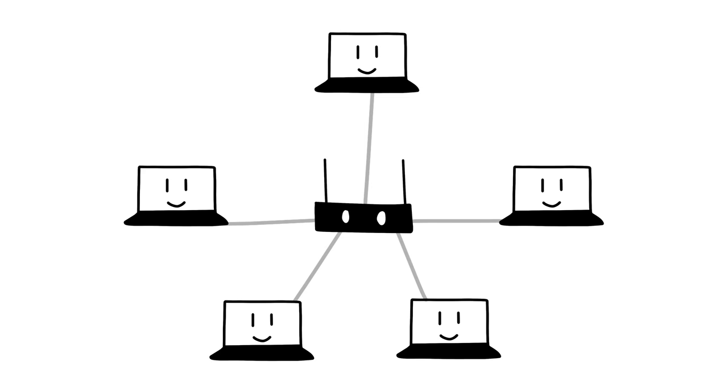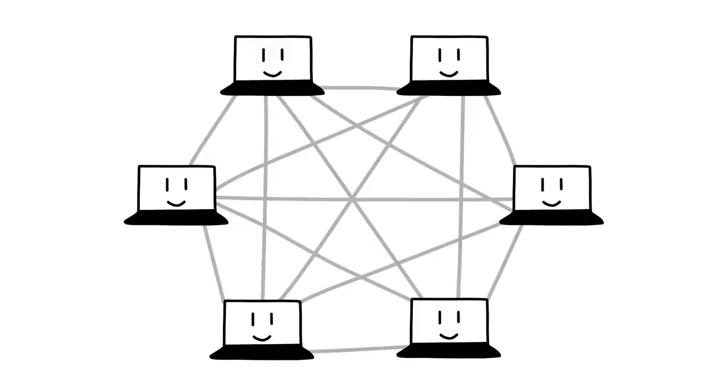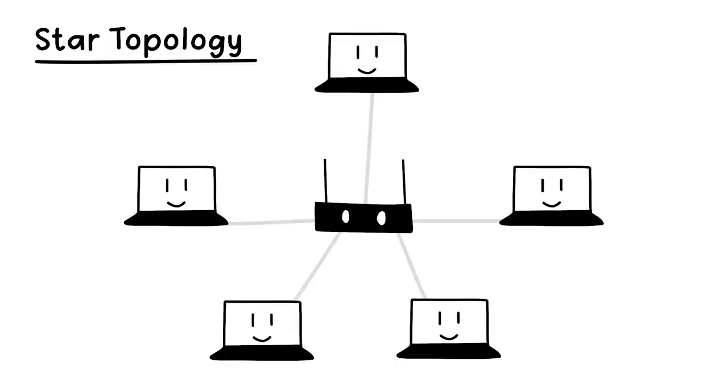With so many devices, there are many ways you can connect them. Some are cheaper, while others are more reliable. This is called the network topology, which refers to the arrangement of devices, also known as nodes, within a network. The star topology is perhaps the most common and easiest to implement. This is where all data must pass through a central node, which could be a hub, switch, or router, to